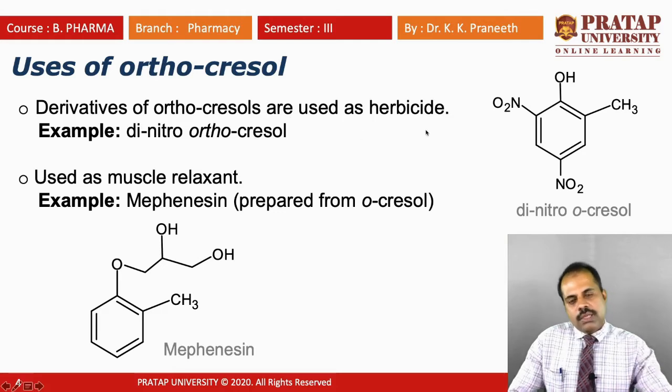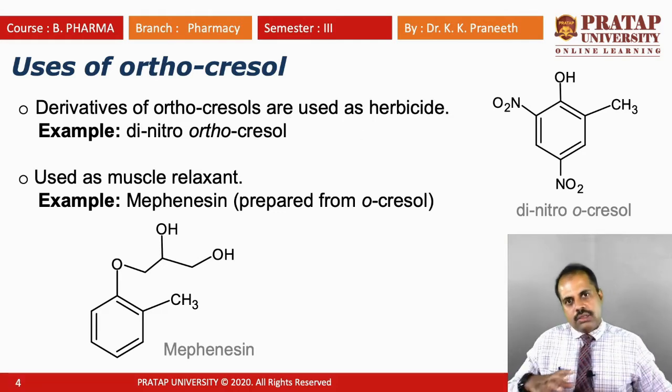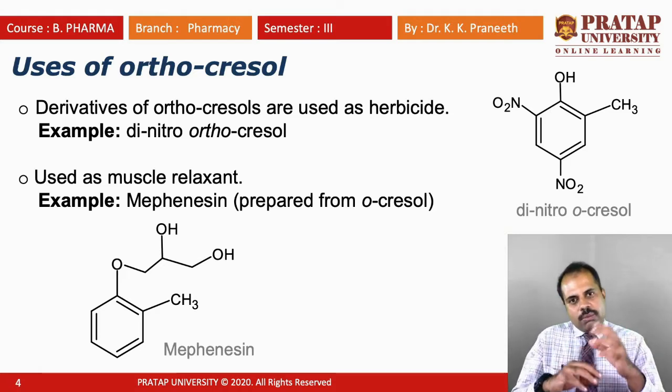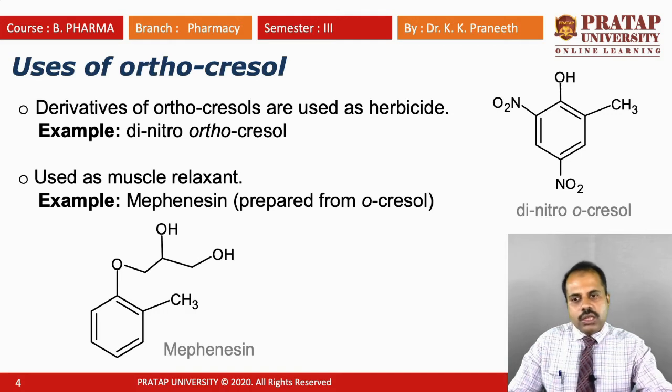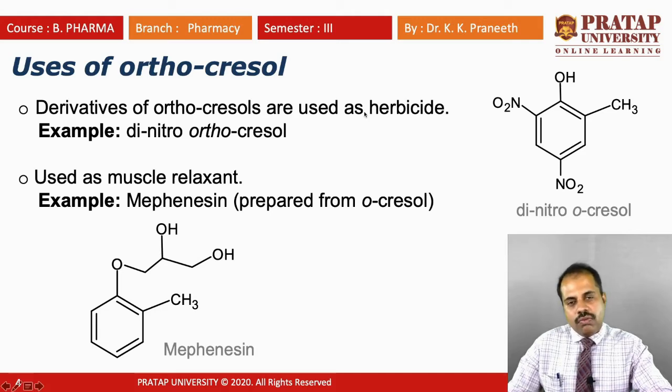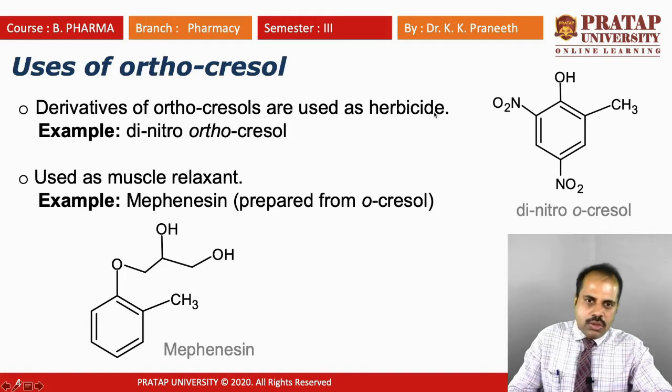So what is herbicide? If you have a land where you cultivate some crops, and there is some unwanted weed or plant growing, these plants we don't need. These are all unwanted plants which cause trouble for the crop you want to cultivate. So you want to remove this plant, this weed. This chemical can be used to destroy these unwanted plants or weeds. So these are called herbicide. Herbicide is to remove the unwanted plants.